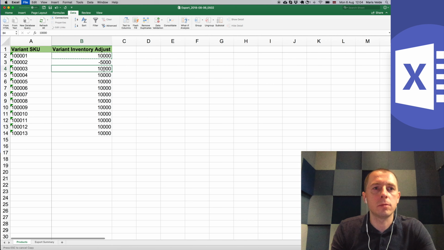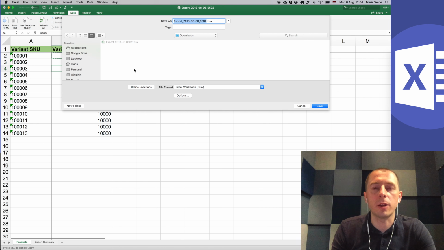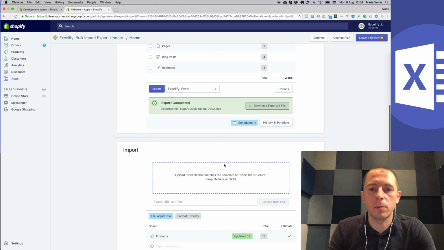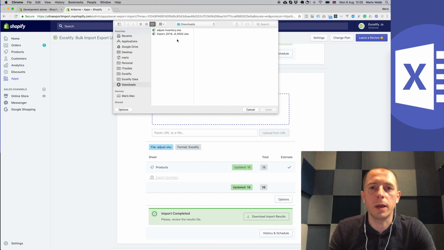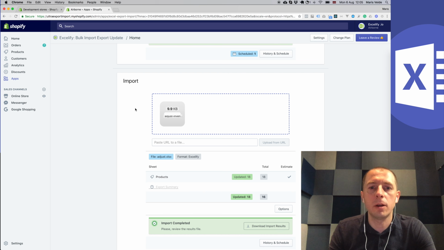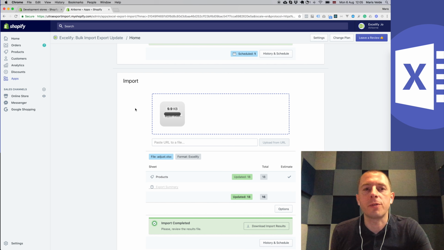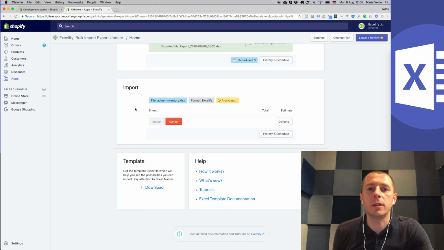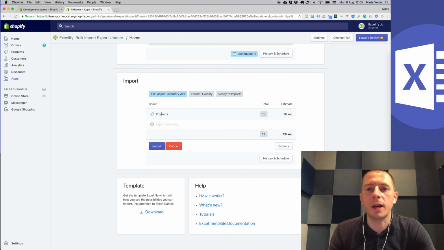And that's it. This is the file that you can import. Let's call it adjust inventory. Yeah, so now we go to import and import the same file. Of course, you can also prepare this file on Google Sheets and paste the link there. If you saw, there was a place to paste the link. You could do it like that, but for simplicity of example,